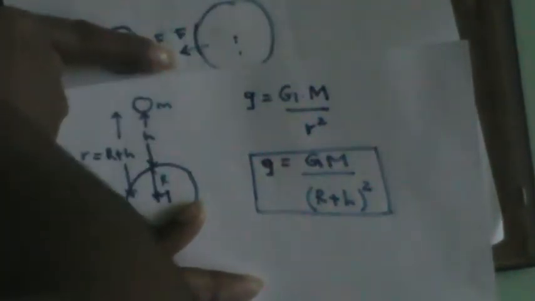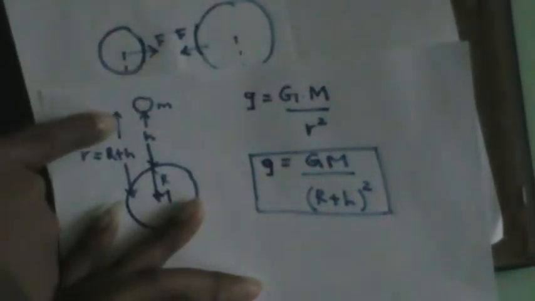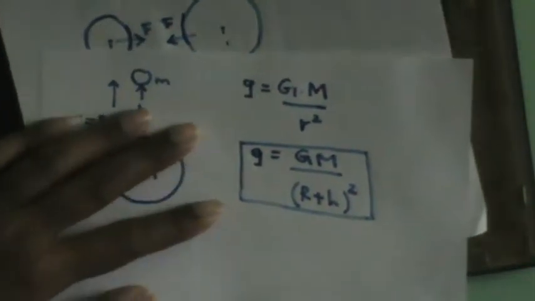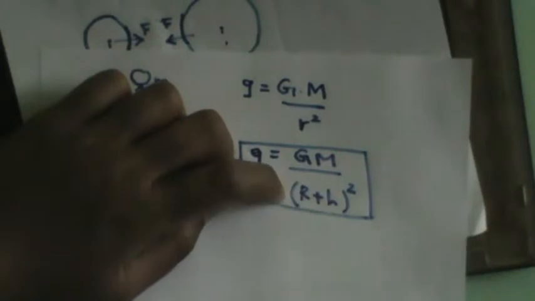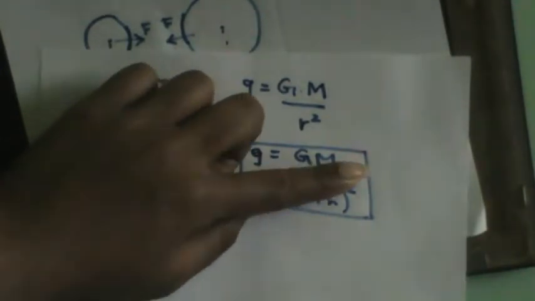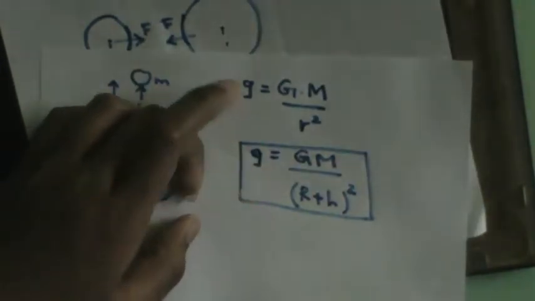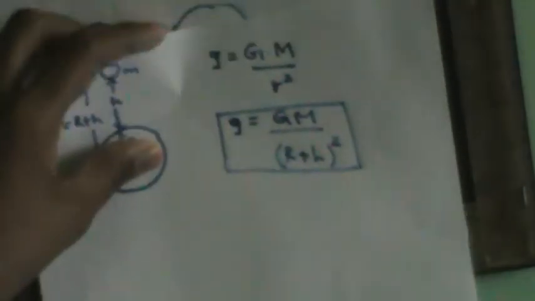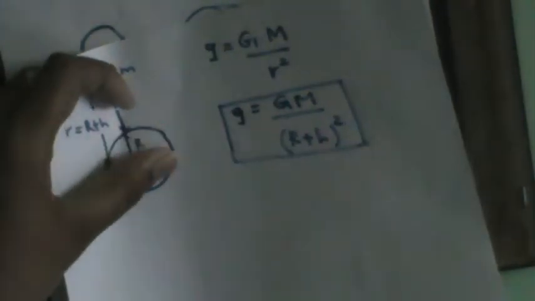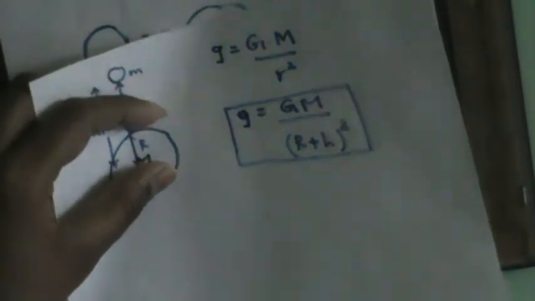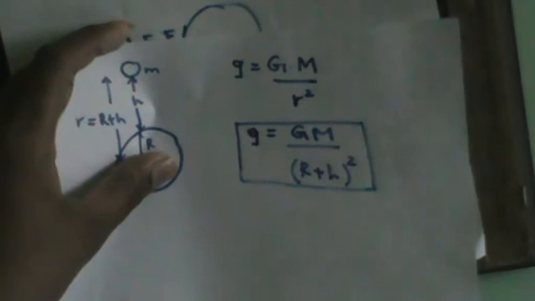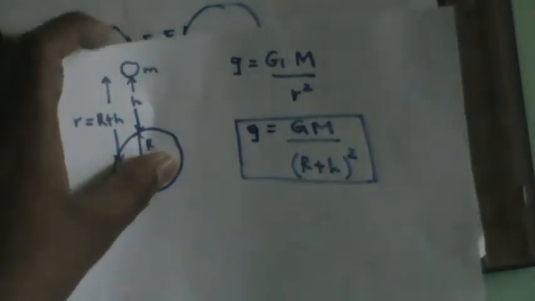Say h is initially 10 meters, and if you drag this object to a distance of 100 meters, the value of h will increase, so r plus h will increase, so (r plus h) squared will increase, but the value of g will decrease. So to get the minimum g, you will need the maximum height. That is what is actually experienced in the concept of weightlessness and the other concepts, which I will be talking about in another video. So this is the relationship when an object is at a distance of h above some planet.